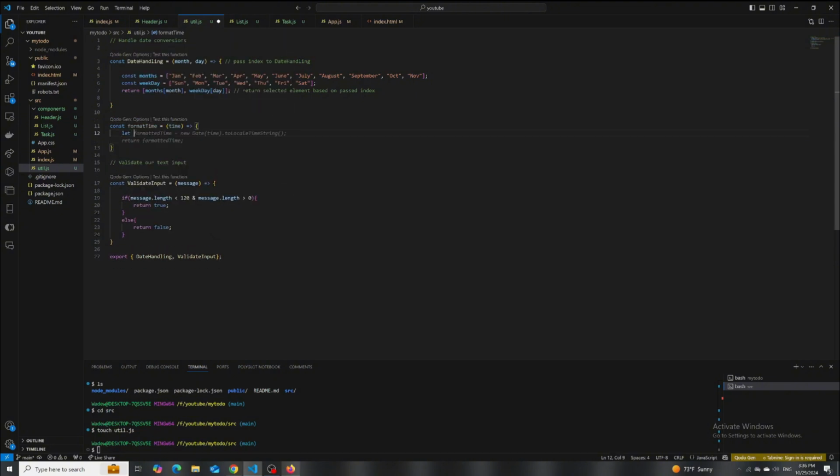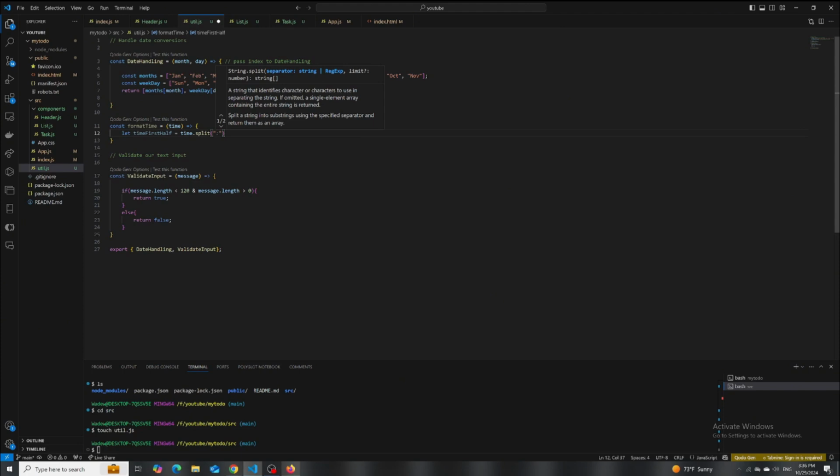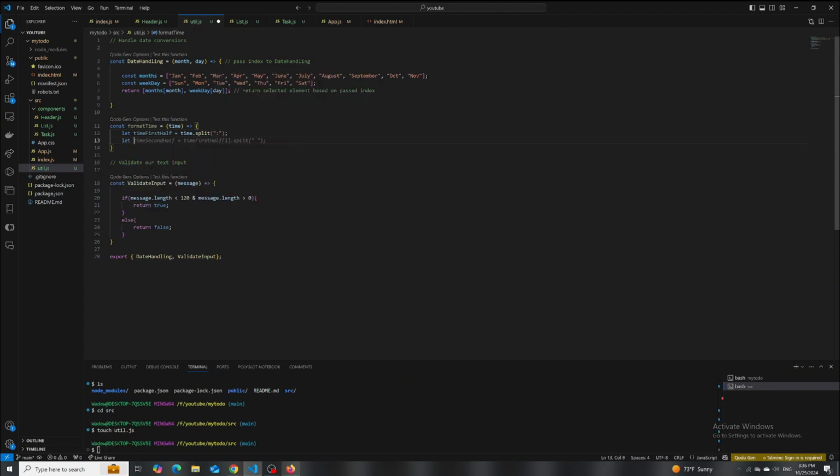value for it. Let timeFirstHalf equal time.split. We're going to split. I want to use these colons to split my time, and we will have 3 parts, right? So I'm going to get let timePeriod equals, again, timeFirstHalf split, and we're actually going to split it by